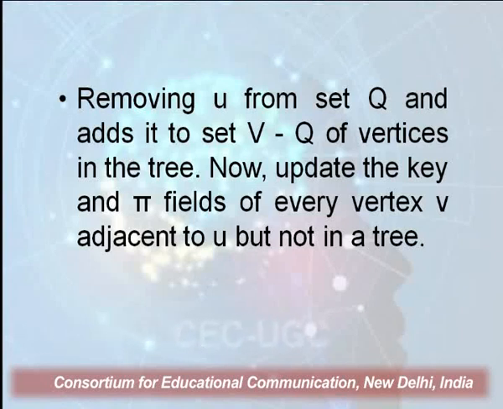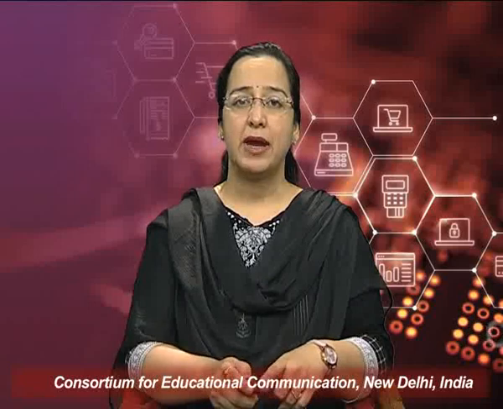So basically we need to remove U from the set Q and add it to the set V minus Q, the vertices in the tree, and then we will update the key and parent pi field of every vertex v adjacent to u. This updation will obviously take place in the minimum priority queue. We have to be very careful here that this updation takes place in the minimum priority queue,